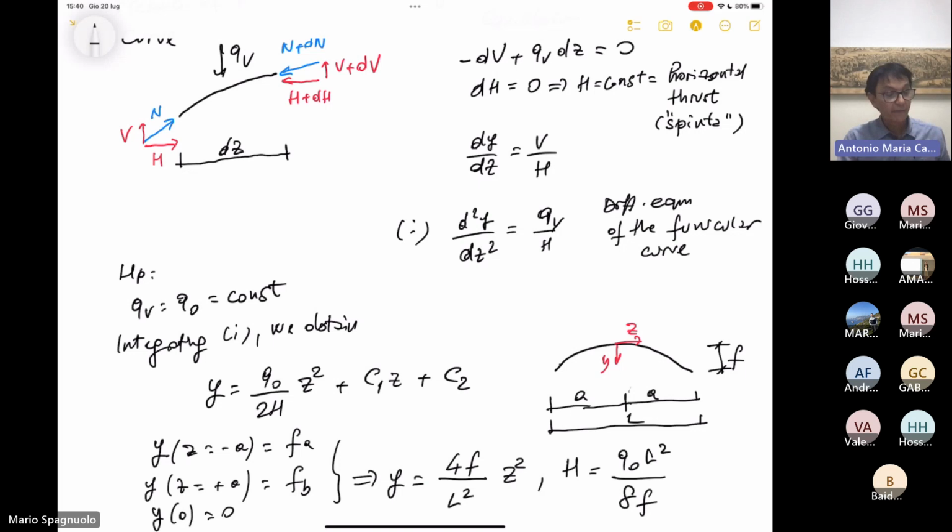Yes. So when the arch has a small rise, when f is much lower than L, arco ribassato in Italian, the arch with a low rise,